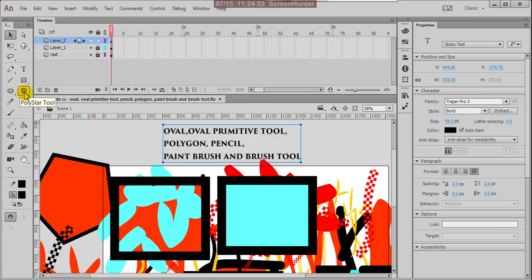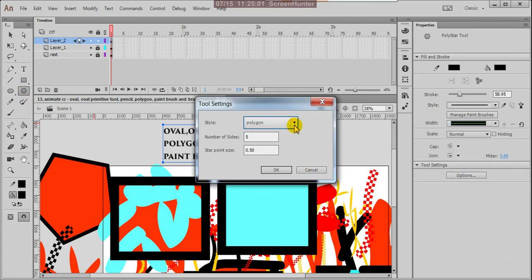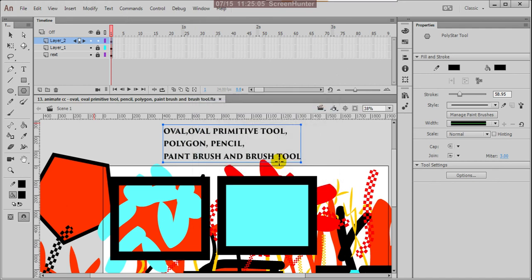In order, it is polystar. In polystar we have another option also. When you click on that, inside there is a star. With this you can create stars also.